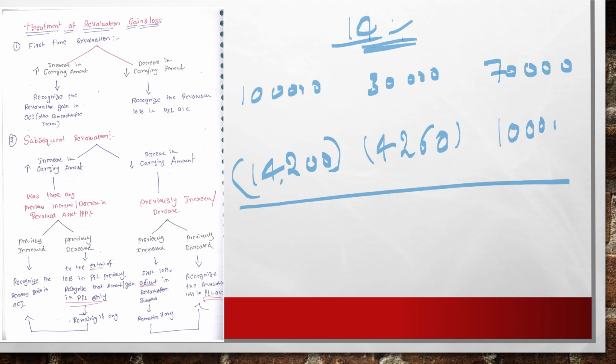Approximately 10,000. This is 4,200 and 10,000 reduction. So then your gross will come to 85,800,